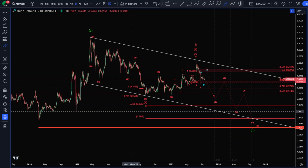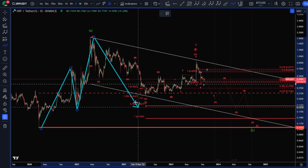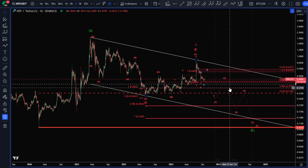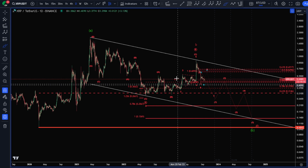Quick update on XRP. Had a complex correction for our A wave. Currently working on our B wave, looking for a C wave to the upside over the longer term view. Alternately, our B wave is in here. This is the much less probable count, and this turns into a WXY,